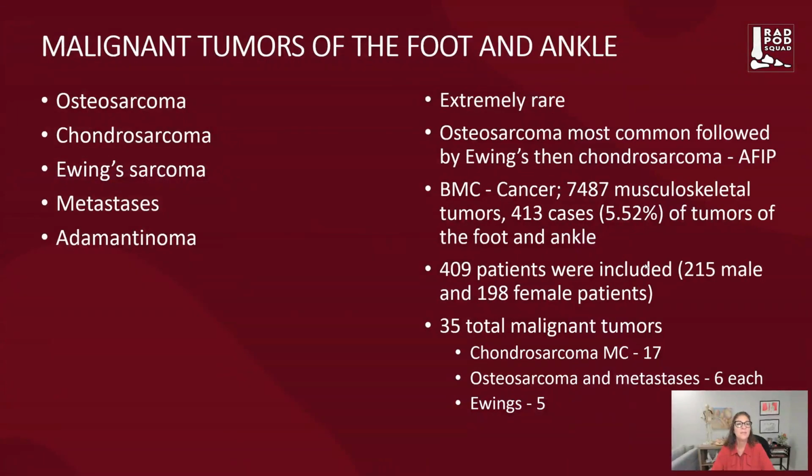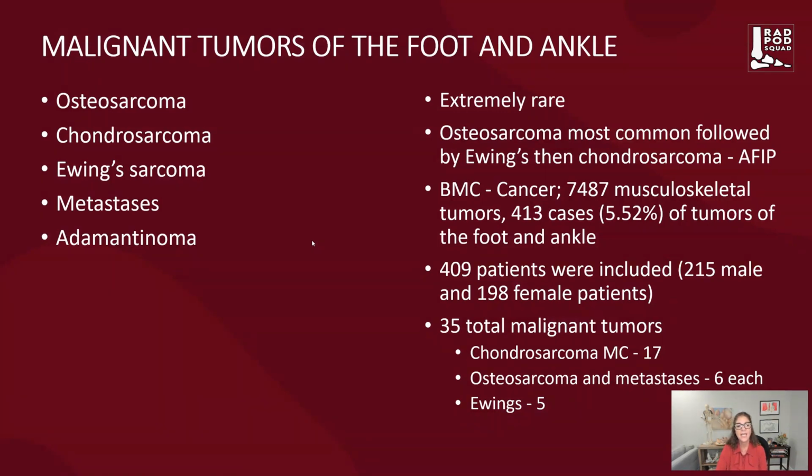Today, we'll talk about malignant tumors of the foot and ankle. There are 5 that we'll discuss: osteosarcoma, chondrosarcoma, Ewing sarcoma, bone metastasis, and adamantinomas. Thankfully, these are extremely rare. Osteosarcoma is the most common, followed by Ewing's, then chondrosarcoma, out of the largest grouping from the Armed Forces Institute